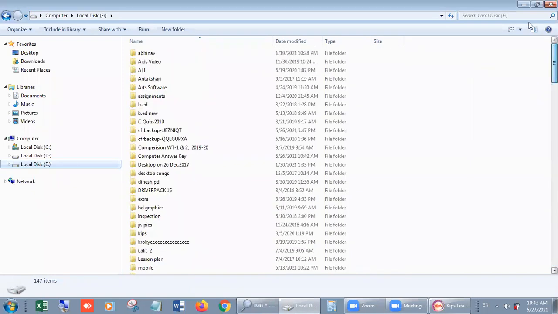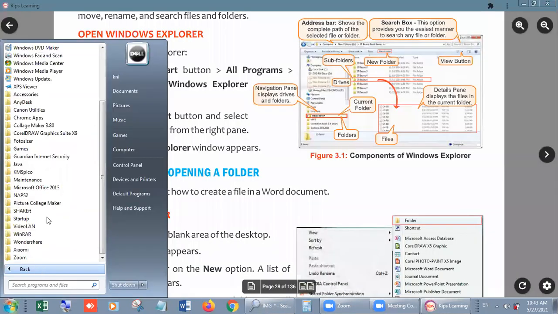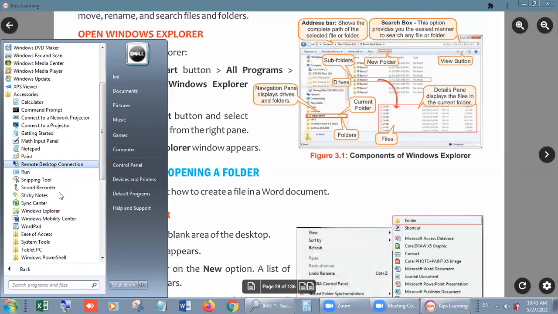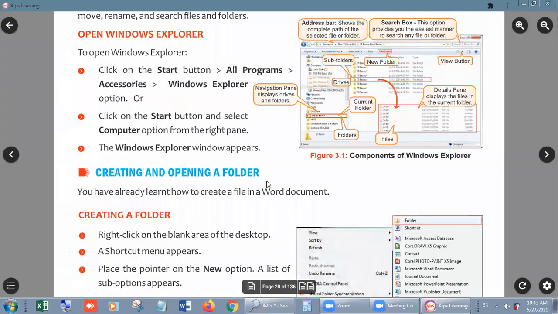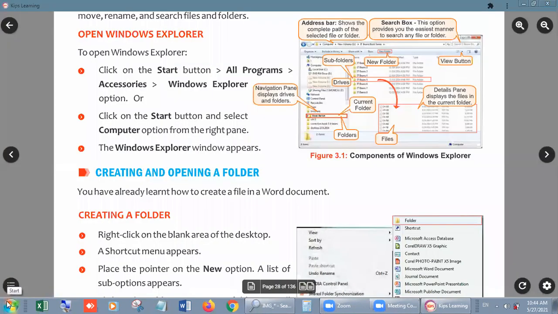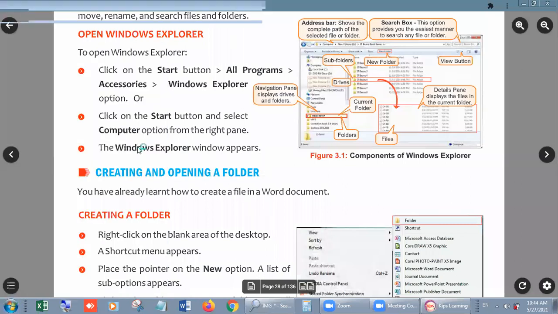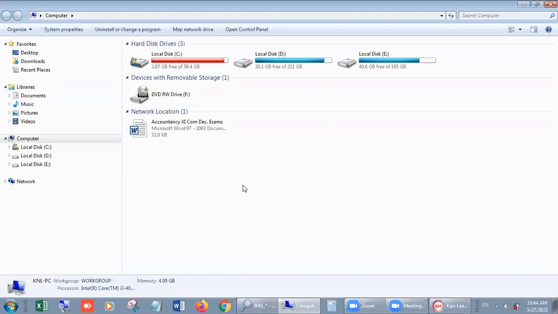So this is the first way to open Windows Explorer: Start button, All Programs, Accessories, and from it we can choose Windows Explorer. And the other way is to click on the Start button and at the right hand side click on Computer directly. Then you will also have the same kind of window which you can use as Explorer.